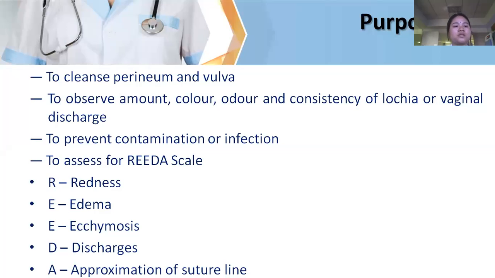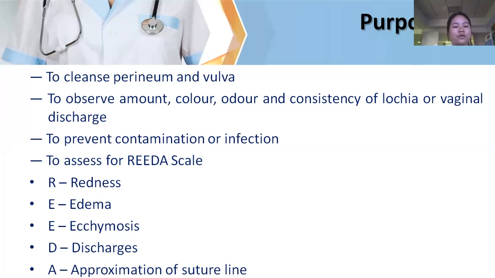So what are the purposes of giving the episiotomy wound care? First is to cleanse the perineum and the vulva. Next is to observe the amount, color, odor and consistency of the lochia or vaginal discharge. Mentioning the lochia, we should know what is called lochia rubra, lochia serosa, and lochia alba. Then to prevent contamination or infection,